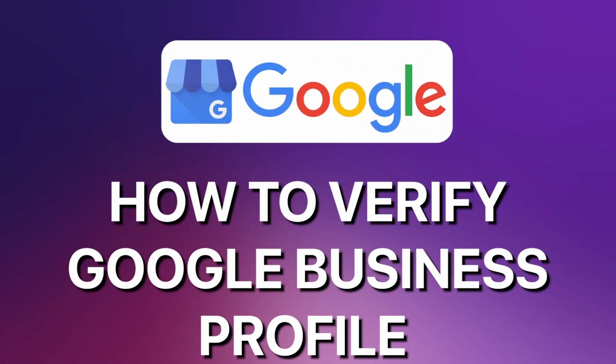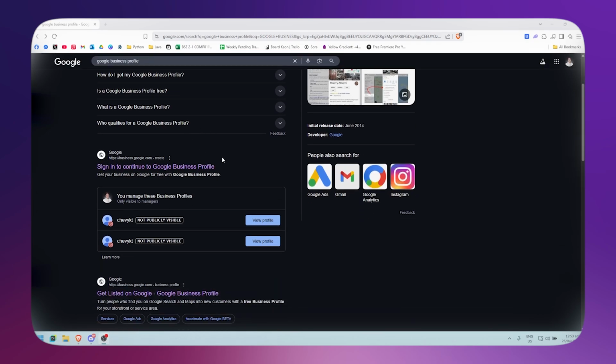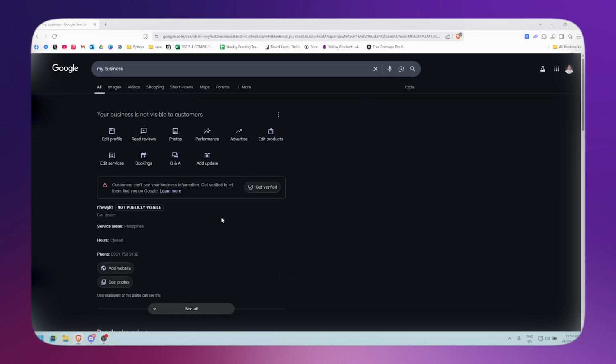How to verify your Google Business Profile. So first, what you want to do is just simply search for Google Business Profile here on the Google search. And once you're there, you could see your Google account right here or your Google Business Profile when you scroll down and just simply click on View Profile and it will bring you right here